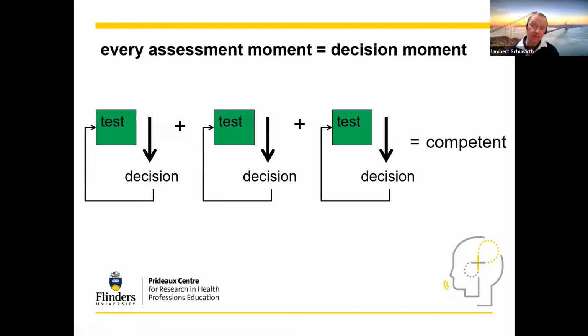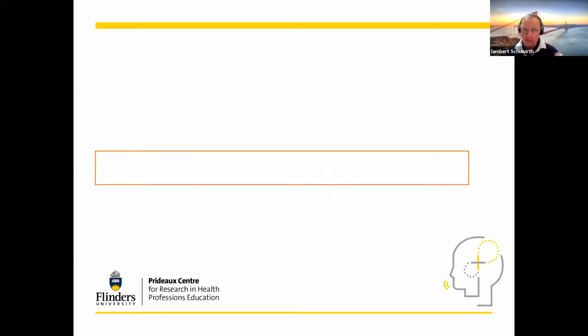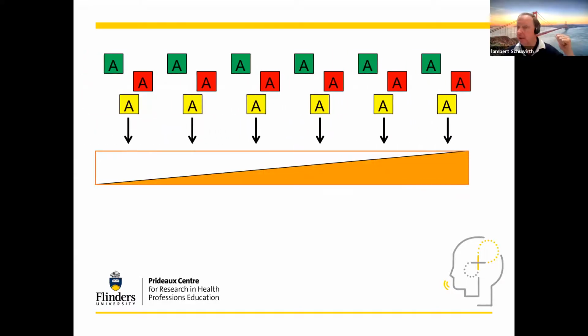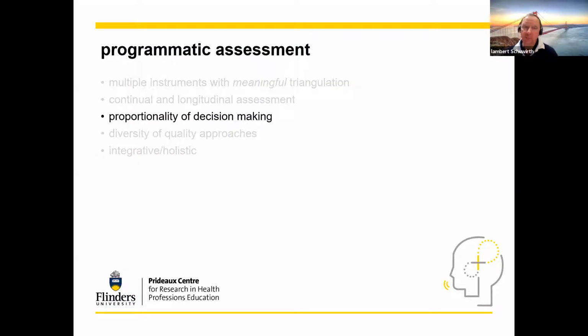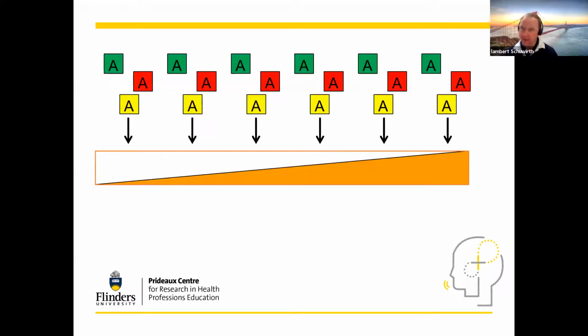And then in the end, you have to reconstitute that multifaceted phenomenon of competence out of a couple of binary points. In programmatic assessment, there is a constant collection of information. That might be assessments, it might be feedback, it might be formal feedback, it might be self-assessment, self-analysis, what have you. And everything is collated in a dossier or in a portfolio, which allows you to be more proportional in your decision making.